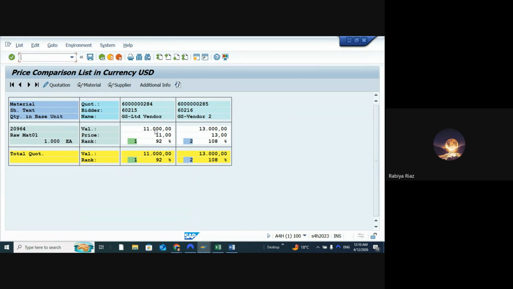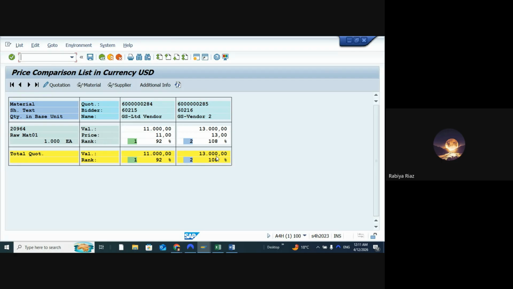Sir, the system is not going to tell us that we have to select this. This is our decision. There is a ranking. We can check the rank, but if I have mentioned that this vendor has sent us some document saying he's going to give us free delivery or something like this,